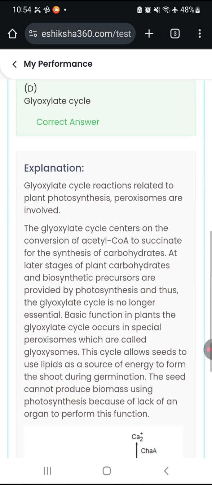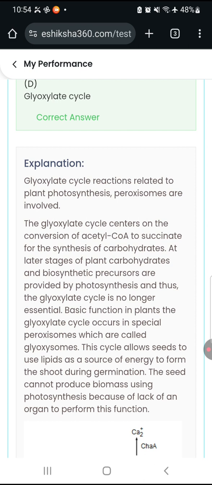Explanation: Glyoxylate cycle reactions relate to plant photosynthesis. Peroxisomes are involved. The glyoxylate cycle centers on the conversion of acetyl CoA to succinate for the synthesis of